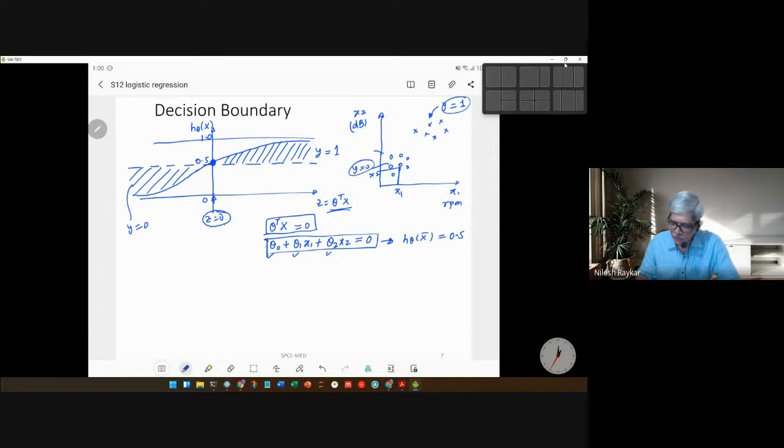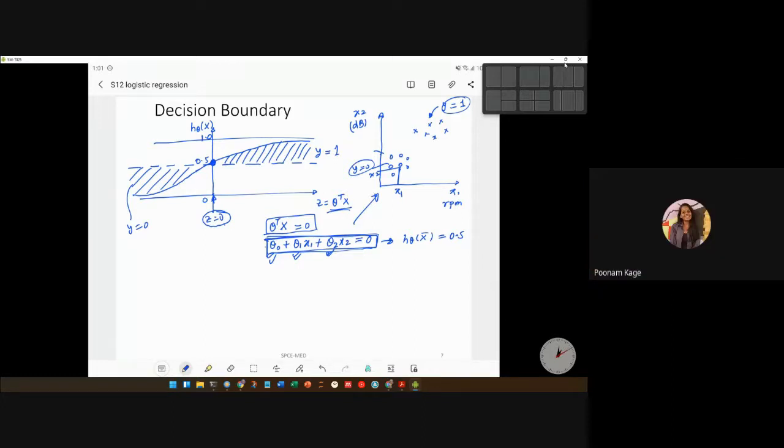Now, can somebody tell what is this form of equation? In a two-dimensional field, what does this line, this particular function, represent? Theta 0, theta 1, theta 2 are determined, so they are constants. If you have to plot this function on this particular graph, how will it look? Will it be a line or a curve, or what will it be? Circle, parabola, what is it? Plane.